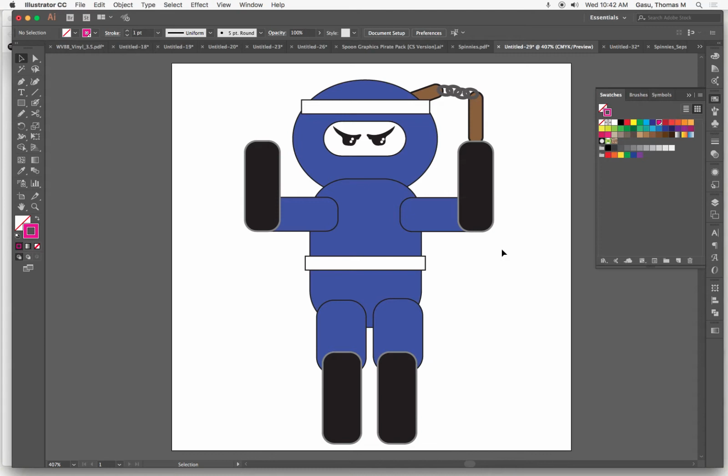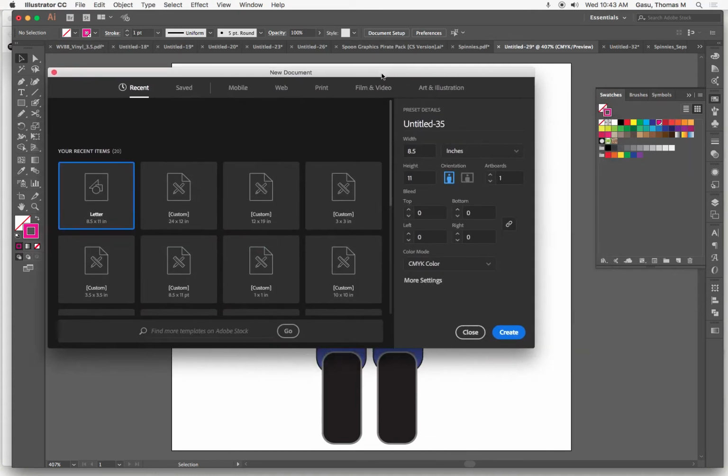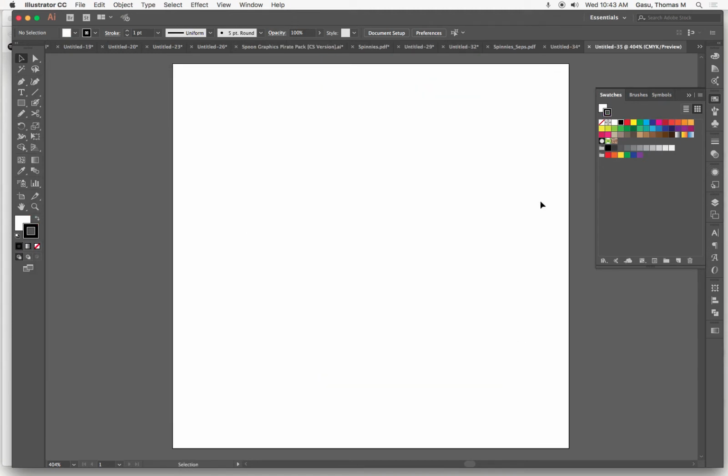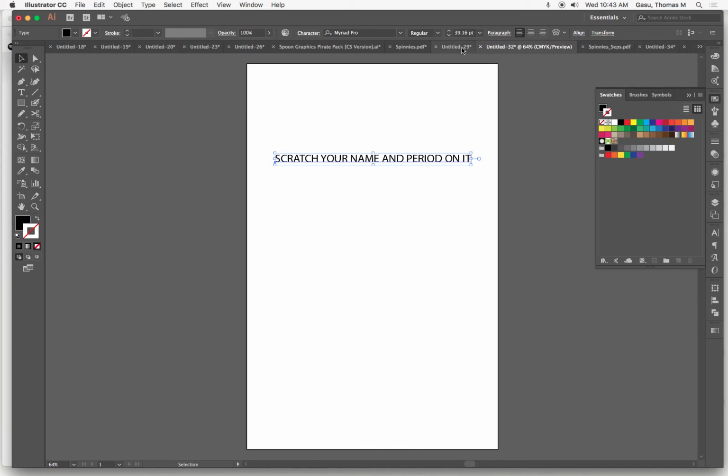I want you to pick one of the ninjas and you're going to create a new document, right? So the new document is Command N, right, Jesse? We're going to make it 3 by 3, 3 inches by 3 inches. So width 3, height 3. Make sure you change the dimensions to inches. All right, and then create. Click create, yep. Okay. Then wherever your ninja is,